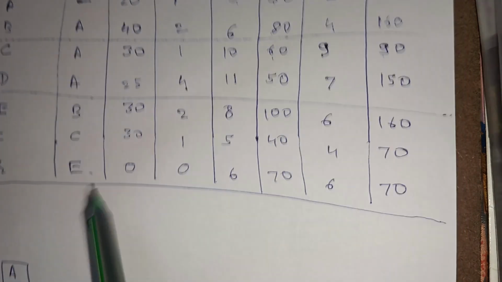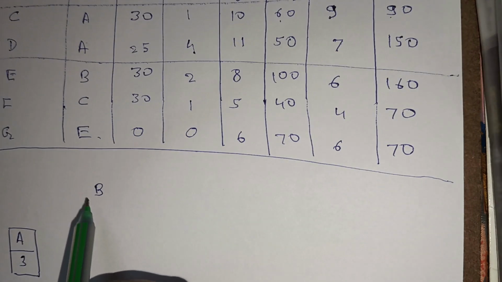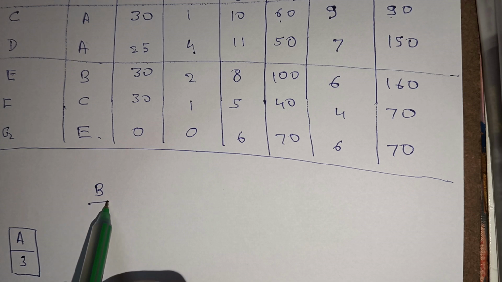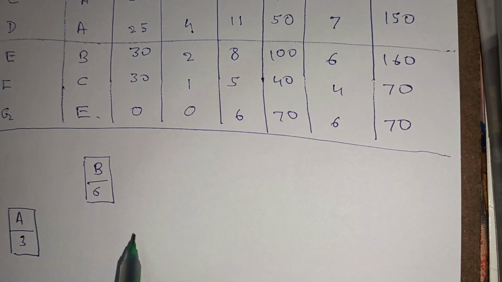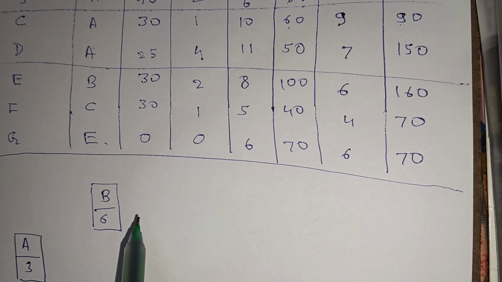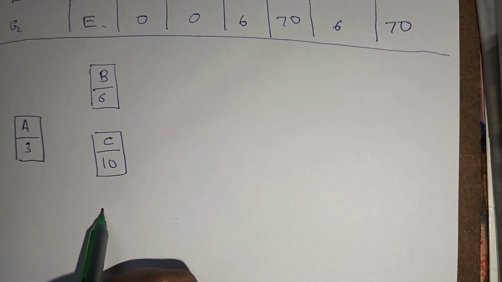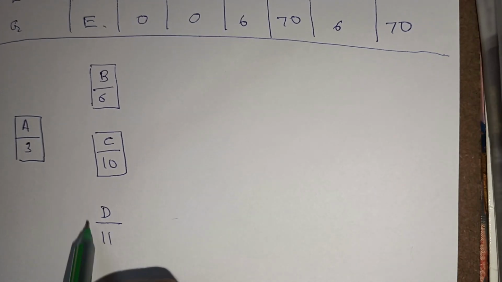is 6 days. Okay, so from the table, just look at the table and we can make this. B is 6 days. C, if you look at the graph again, it is 10. So C, 10 days. Then we also have D. D, we have it as 11. Okay,